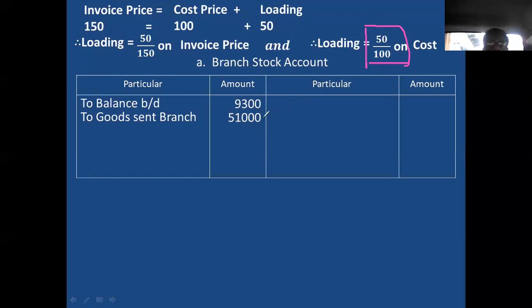Loading is added to 34,000. Remember this. Okay. 34,000, I added the loading. Debtors account. Sales return 1,200. Cash sale